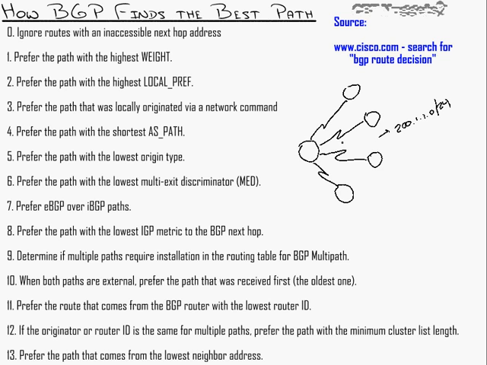The next one, as it tries to break the ties, it says, okay, I will now prefer the path with the highest weight. Now, the weight we haven't talked about yet. That was one of the attributes that wasn't listed on that list because it's a Cisco proprietary attribute. It is the only one in this entire list that belongs to Cisco alone. The reason that it's Cisco proprietary, and you don't hear everybody complaining that Cisco's got their own set of attributes, is because the weight is a unique attribute that stays local